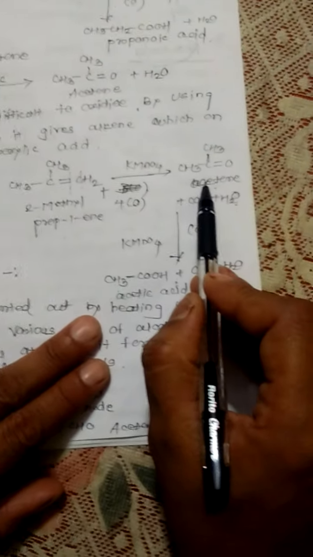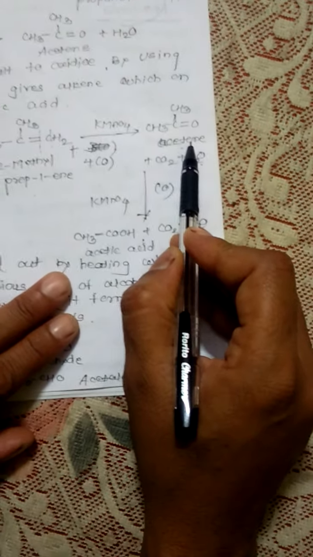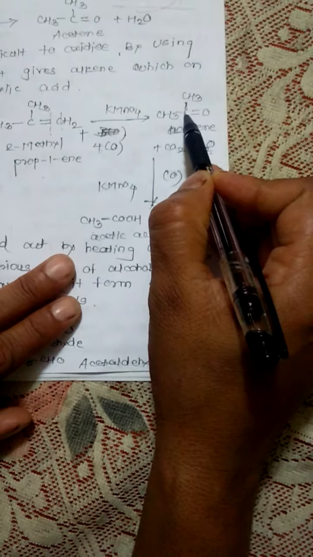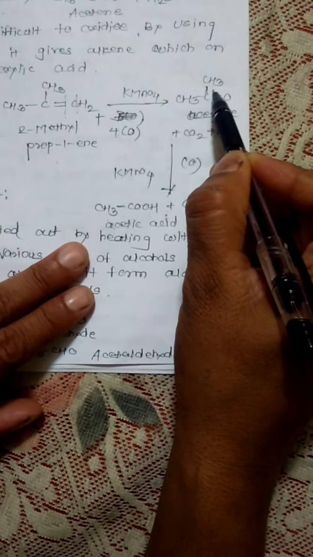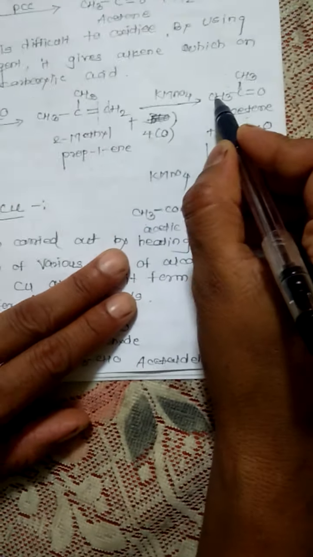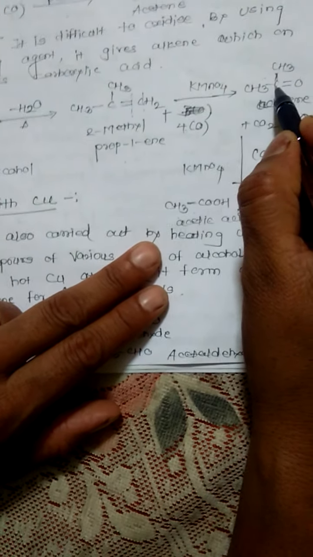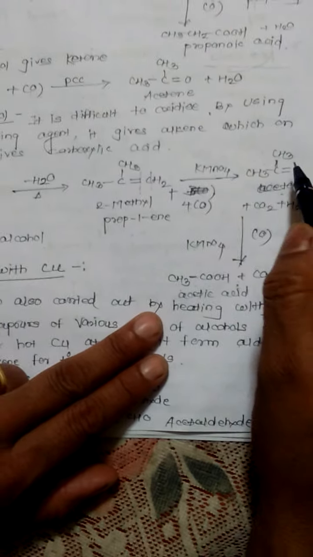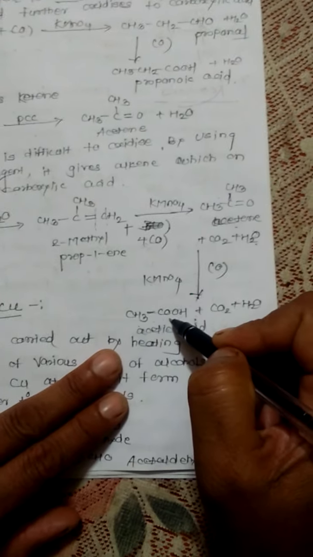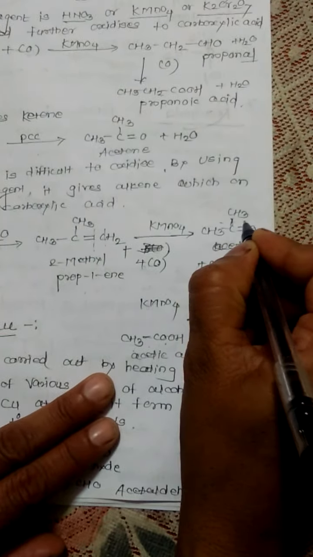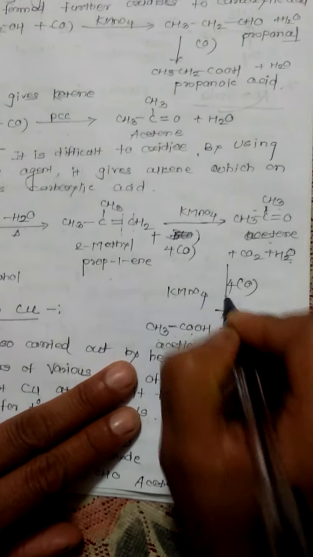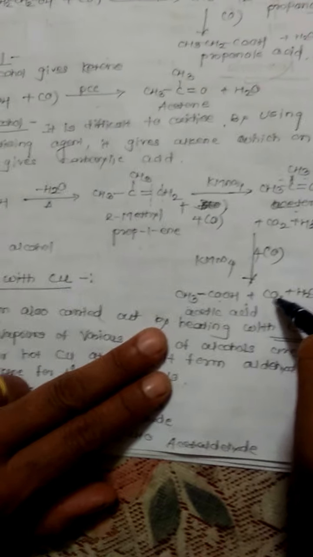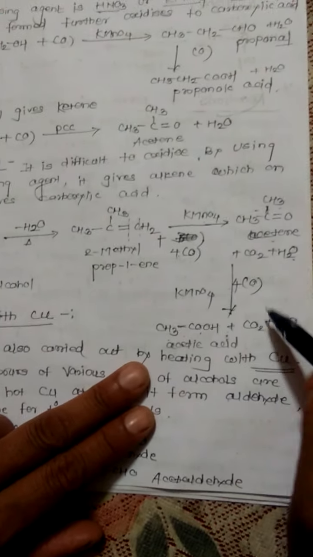Similarly, this acetone in the same manner undergoes oxidation to form CH3 CO, where the bond breaks here. See once again, CH3 CO from this, O and H from here, form acetic acid. Here the bond breaks. The same, it requires 4 oxygen atoms. C takes 2 O from this for CO2, and H2 for H2O.